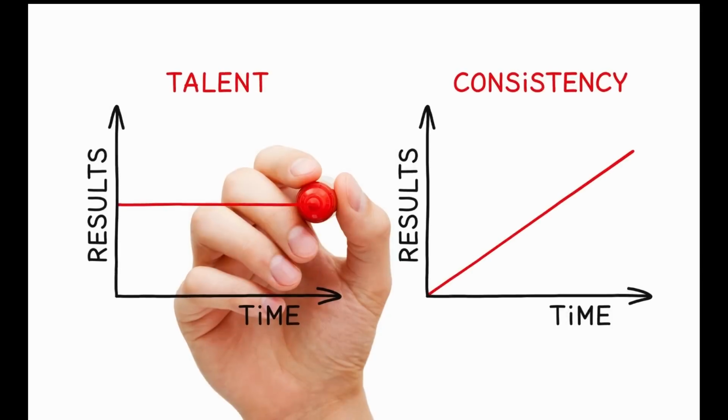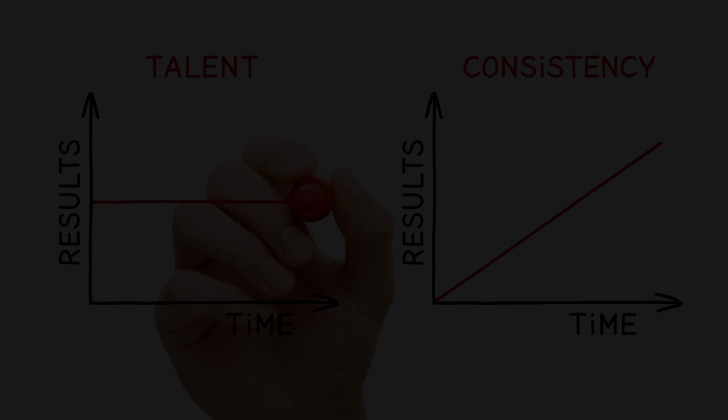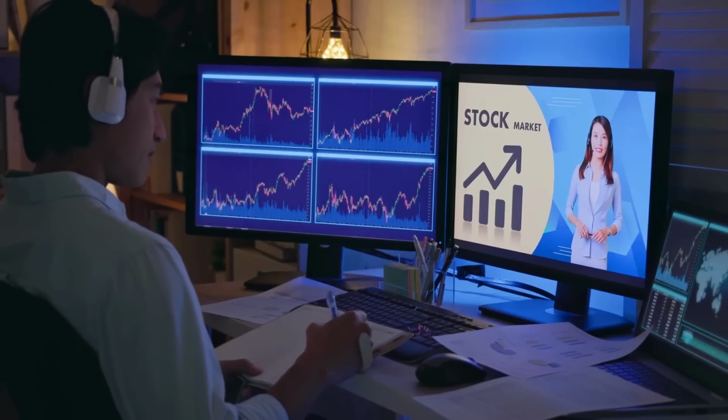Number two, consistency over perfection. Always aim for consistent gains over time rather than trying to make huge money with each trade. So always stick to your trade plan and avoid making impulsive decisions based on emotions. Number three, continuous learning. Stay updated with market trends and important events. Always stay away from trading when a big event is pending.